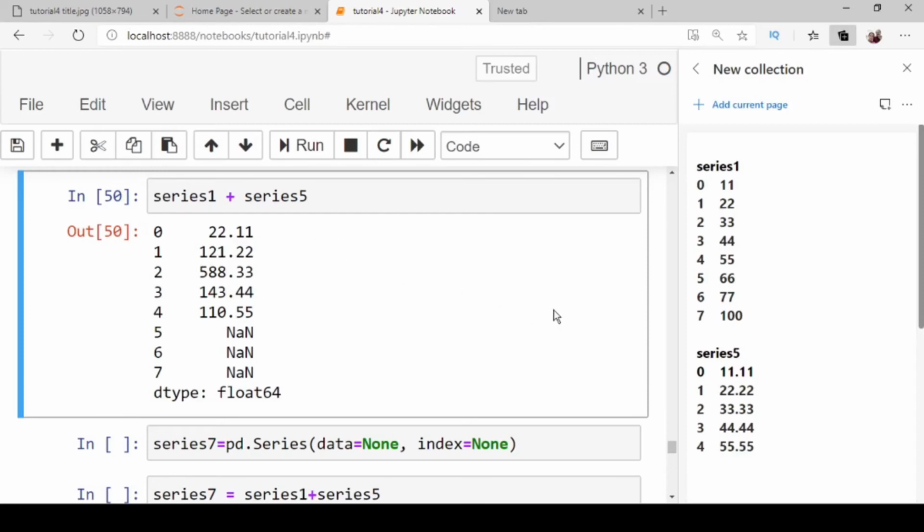Similarly, the corresponding items having index 1 of both objects are operated on and the result is given for index 1, and so on. But after index number 4, there are no matching indexes in series 1 and series 5. Therefore, it returns the NaN values.